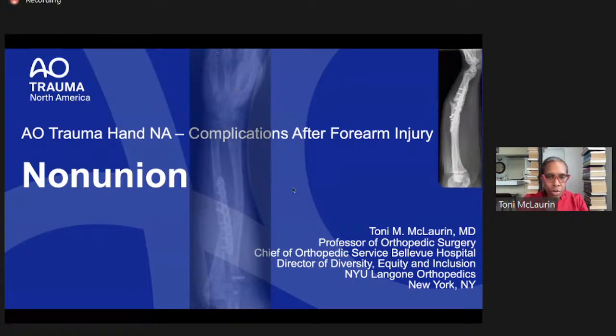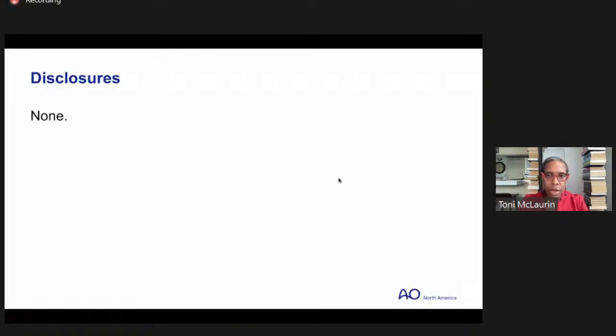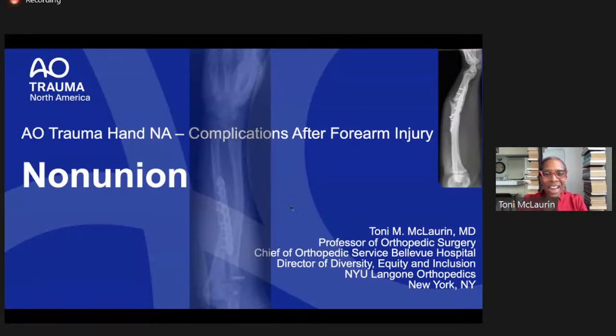Okay, so hopefully this is showing up correctly. And sorry, I am Toni McLaurin, and I'm trying not to go forward. There we go. And I also am a traumatologist. So full disclosure. So some of these things that you see that I'm trying to reconstruct, if you're a hand surgeon, just put your hands over your eyes if you're not impressed. But I generate plenty of my own complications, which I discovered when I was putting this case together.